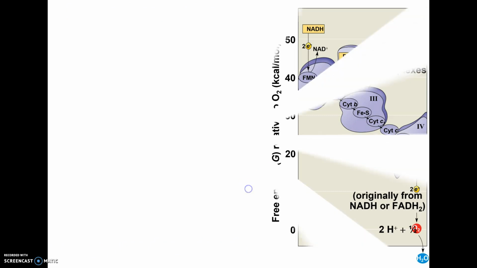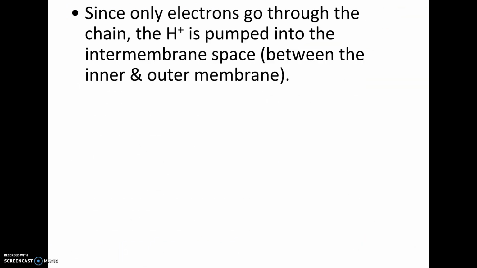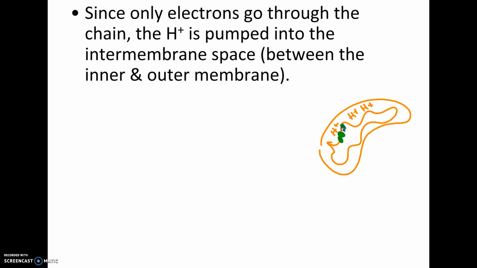And if we go to our next slide here, the hydrogen ions, which are actually now just a proton, are not traveling down the electron transport chain, but they are getting pumped into what we call the intermembrane space, which is the gap between the inner membrane of the mitochondrion and the outer membrane of the mitochondrion. So the hydrogen ions are building up in this space. The electrons from NADH and FADH2 are traveling down the electron transport chain. So this is our electrons moving down the chain, but the hydrogens are getting pumped into this intermembrane